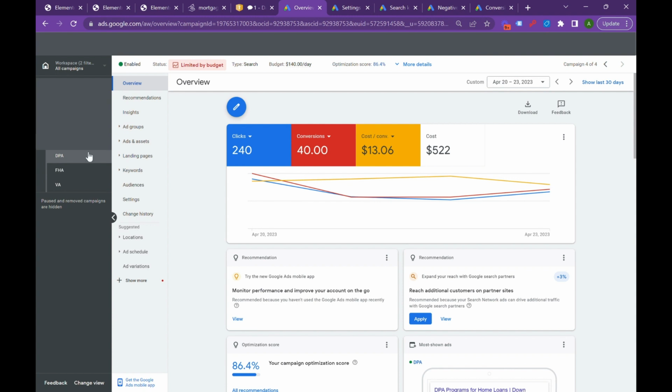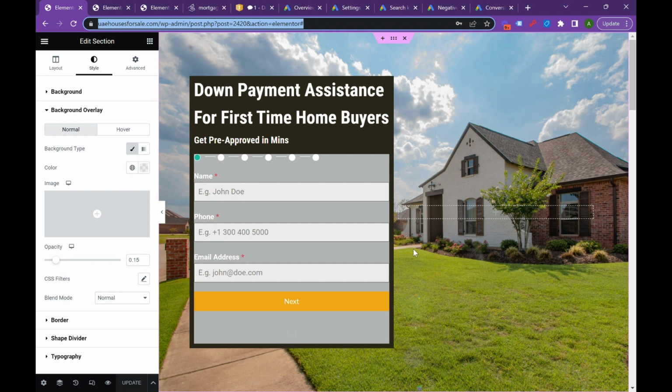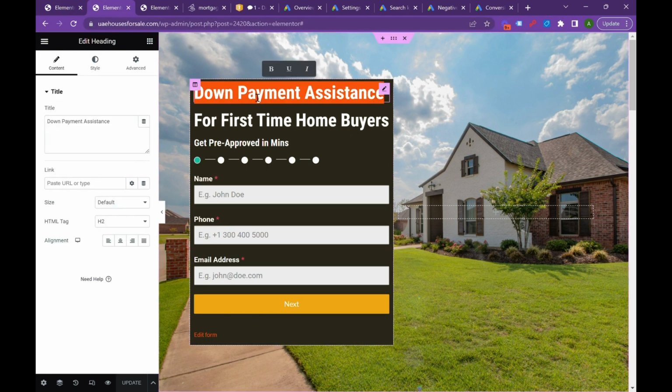Before we build out these campaigns, we know that these are three audiences. We're going to jump into our landing page and actually develop a landing page that's going to convert, right? So the key here, right, we have three different ad groups. The first ad group is down payment assistance. The second ad group is going to be FHA, right? So we're going to want to make sure these headlines are matching our ad group themes and our keyword themes, right? So if you're primarily bidding on FHA keywords, we're going to make sure we're putting something like FHA lender for first-time home buyers,